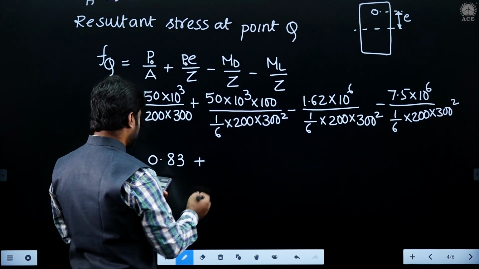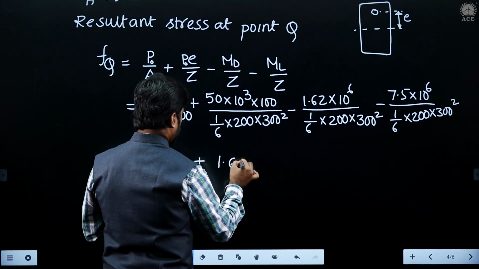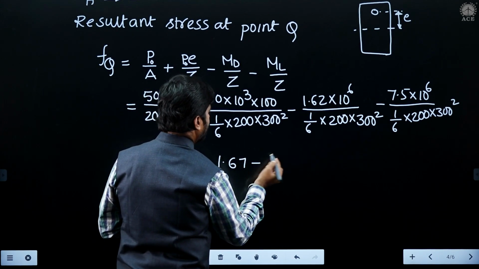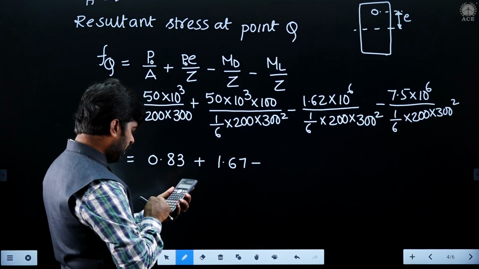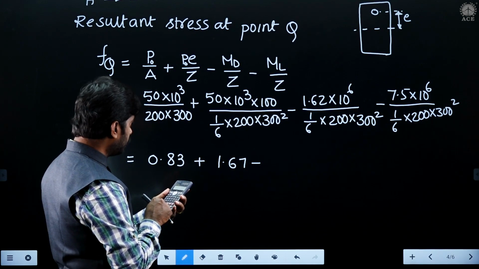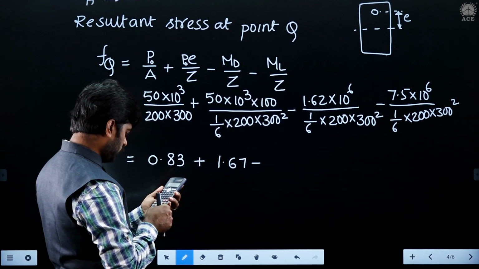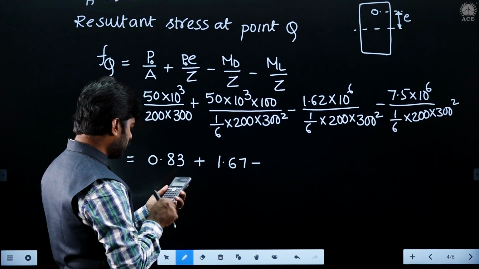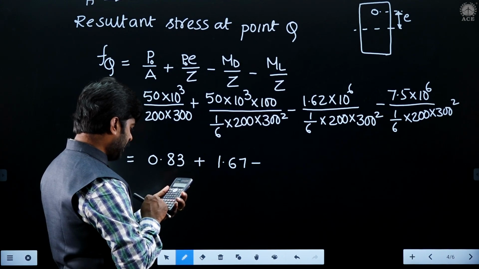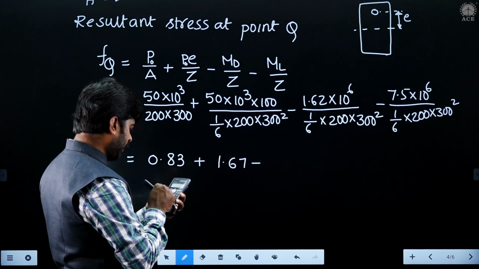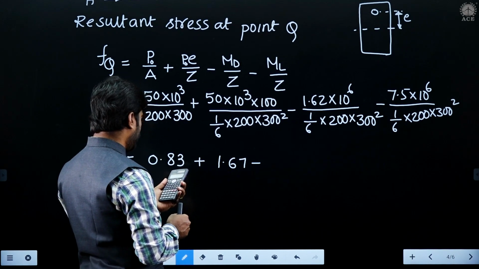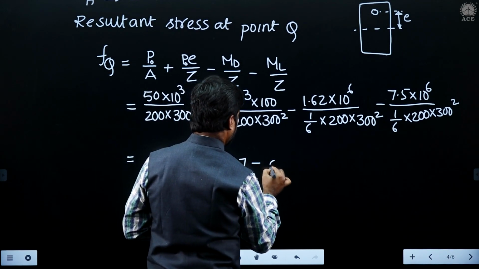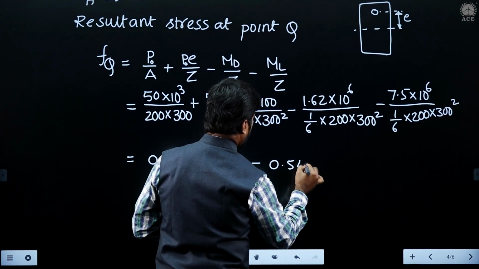So, 1.67 minus 1.62 into 10 to the power of 6 into 6 divided by 200 into 300 square. It is 0.54. 0.54